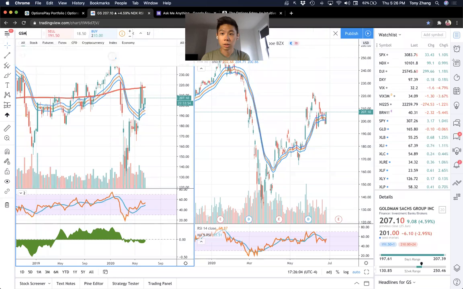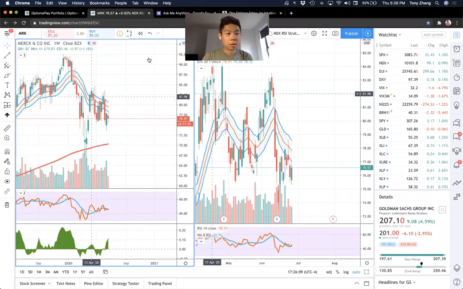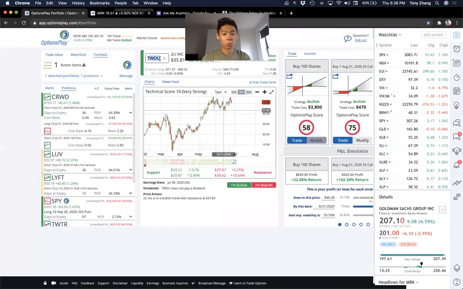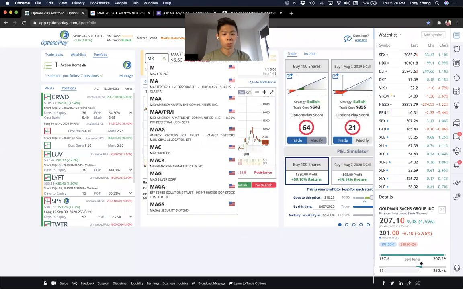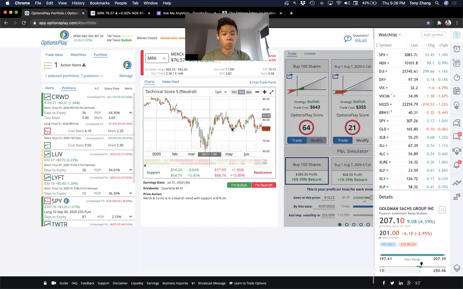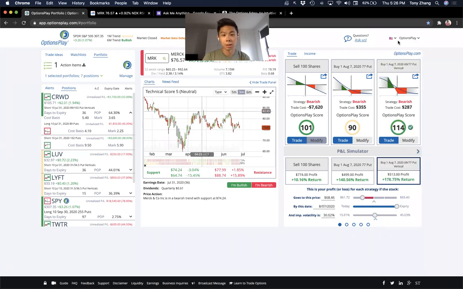I haven't had a chance to see this. Merck's MRK. Merck's was one of the names that we weren't particularly bullish on a couple of months ago. And the picture doesn't look particularly strong again now. You have this range that it's been trading within that it looks like it's trying to break out to the downside, but until it breaks down, I'm not looking to take any positions in this particular name.